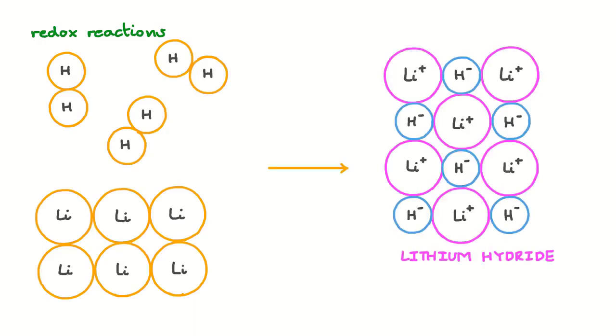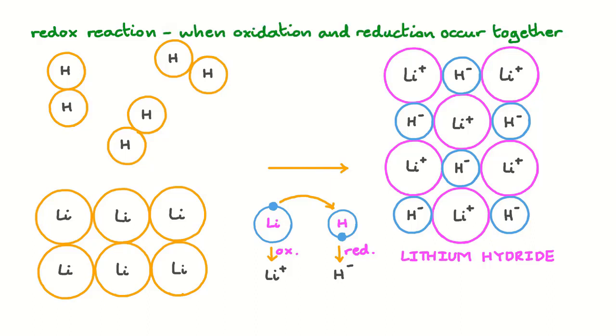When they get too close, electrons will be transferred and will form lithium hydride, which is made of lithium ions and hydride ions. At some point during the reaction, for each lithium atom, the outer electron has jumped over to a hydrogen atom. So the hydrogen atoms were reduced, they gained electrons, and the lithium atoms were oxidized, they lost electrons. When reduction of one species happens at the same time as the oxidation of another, it's called a redox